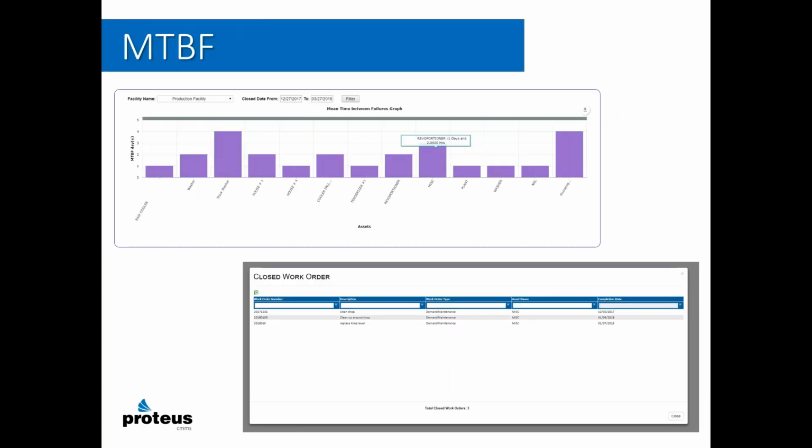Another one in the manufacturing sector is mean time between failure, and I can measure that by machine and see specific work orders associated with that particular piece of equipment. And again, different clients measure mean time between failure differently. The ability to identify how you want to measure mean time between failure is, again, something that we work with specific clients on and make sure that it's done correctly for them.